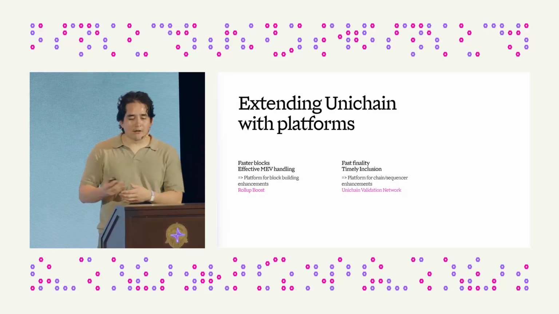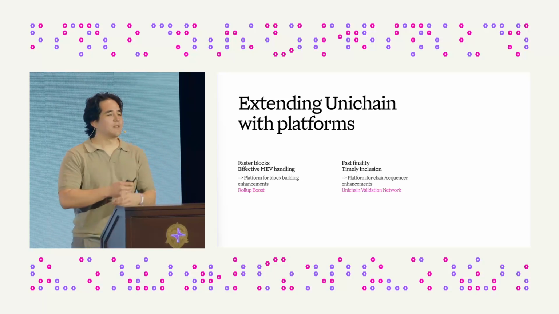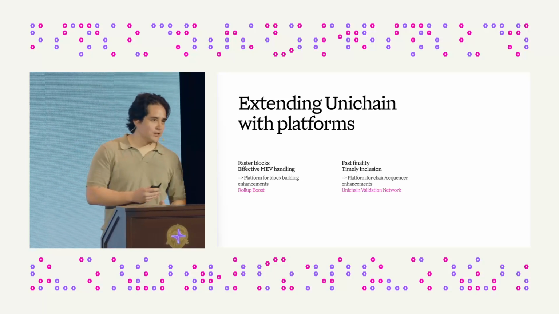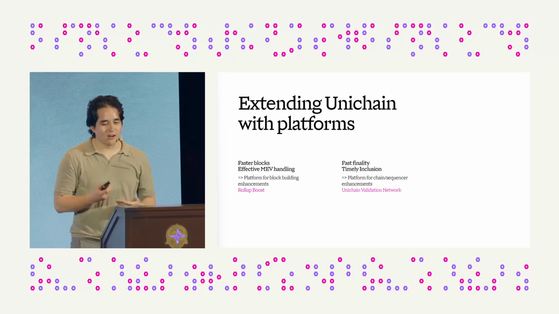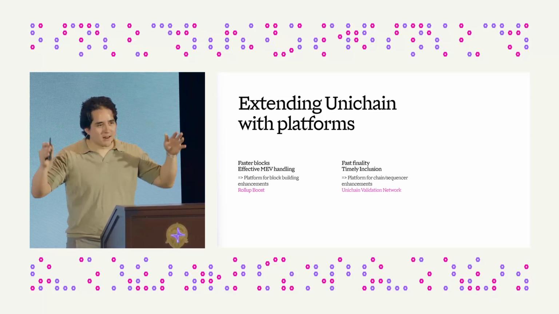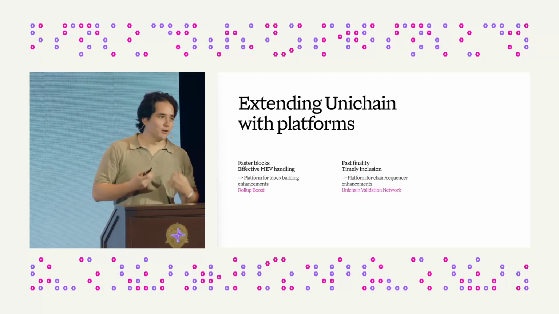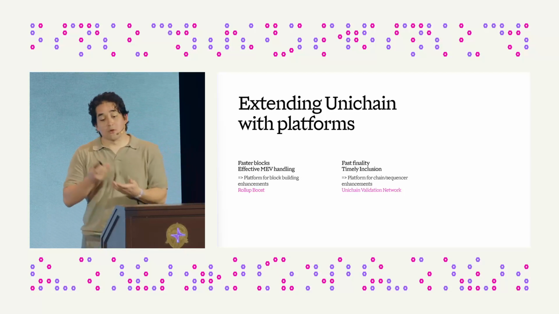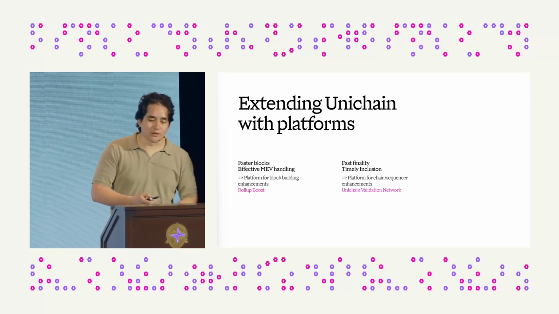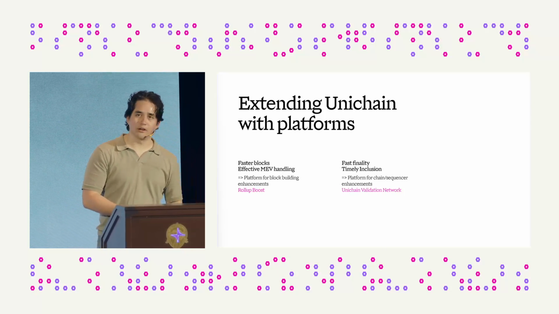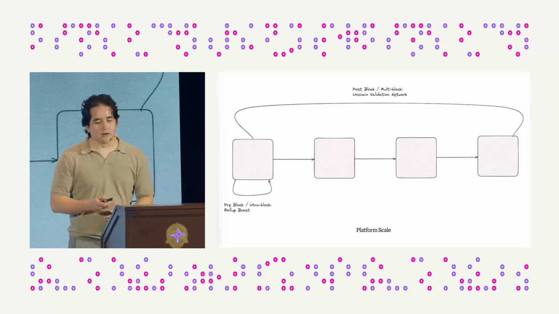And the second set of goals here was around fast finality, the inclusion of transactions into blocks, and inclusion of blocks into the canonical chain, and so on. This is a little bit more of a meta chain enhancements, consistency thing. So our second platform that we ended up going with was a platform for general chain and sequencer enhancements called the Unichain Validation Network. I'll go a little bit more into detail on what exactly these are, but this